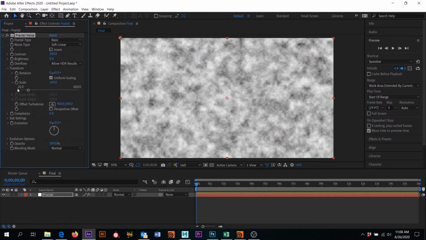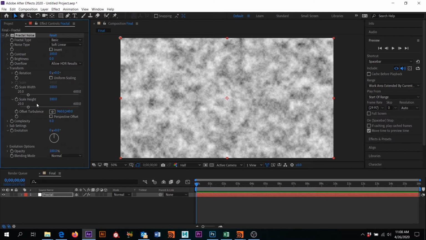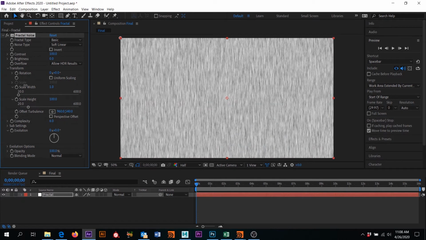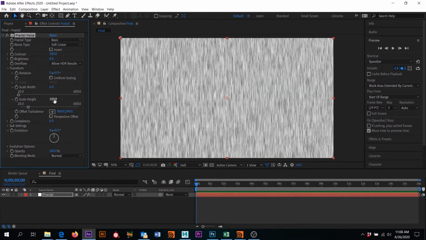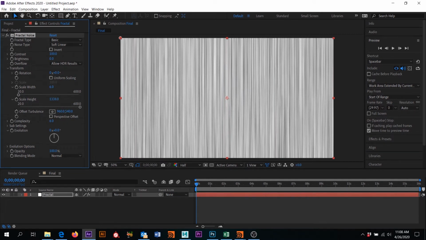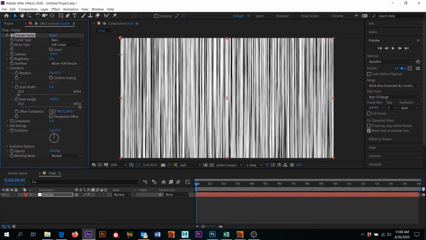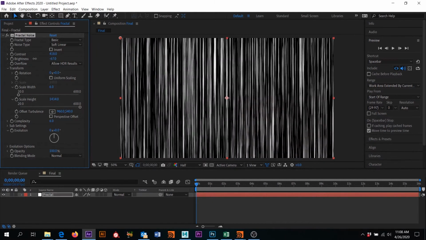Play around with this a little bit more. You can also play with scaling, you do have this uniform scale. You can play with that too, and so we could bring this down something like that where it's super skinny, and something like this, and you can play around with your contrast, your brightness,